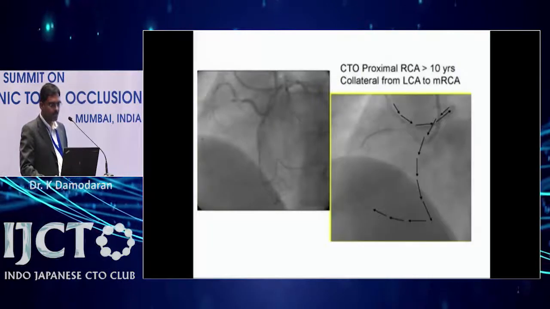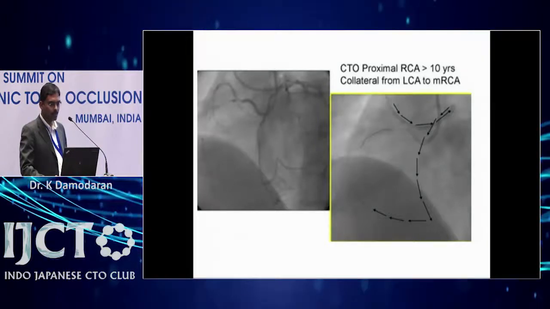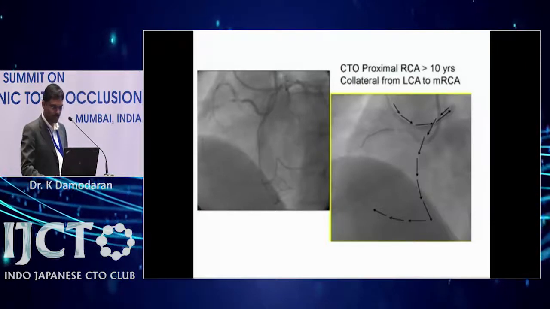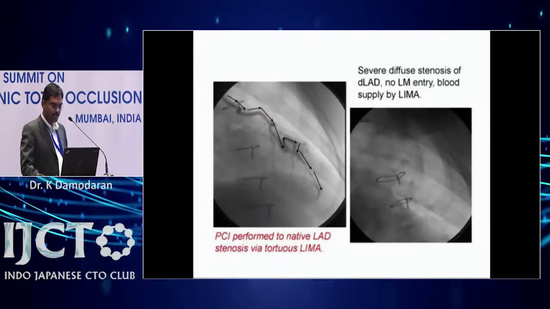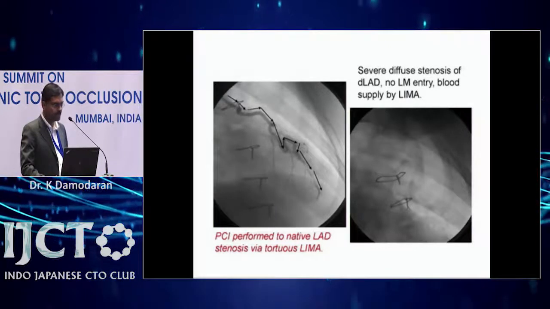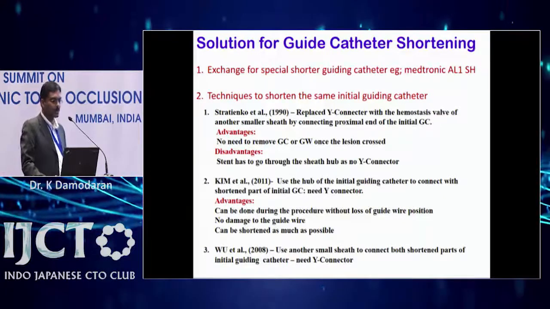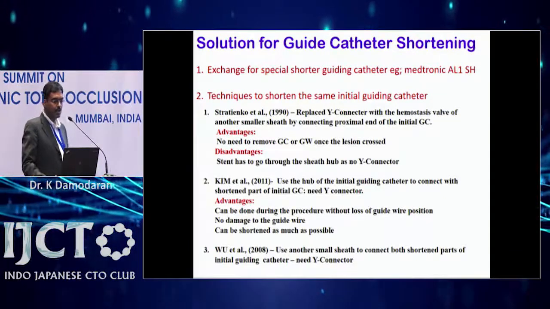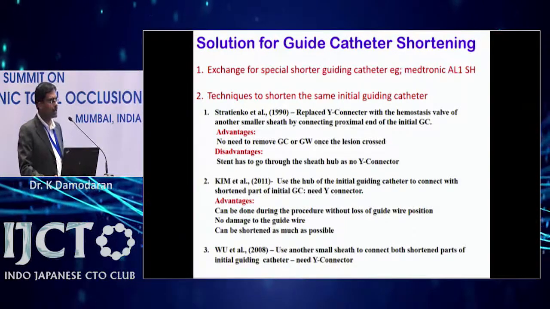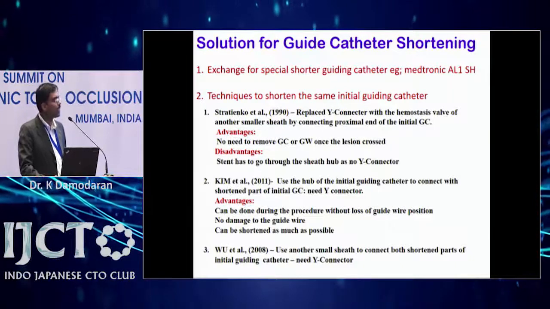So this is an example of CTO proximal RCA, which is being attempted through a retrograde approach through an epicardial channel. And again, it is a native vessel, where the distal lesion is being done through a LIMA. These are the situations where we need to use a guiding catheter shortening technique. Basically, the guiding catheter shortening techniques are three types, and the concept was initially formulated by Stati and Co. He initially,